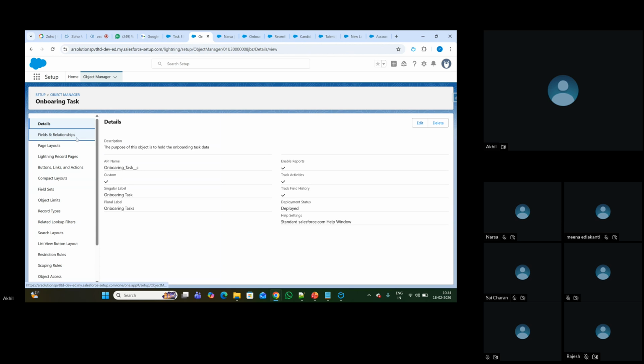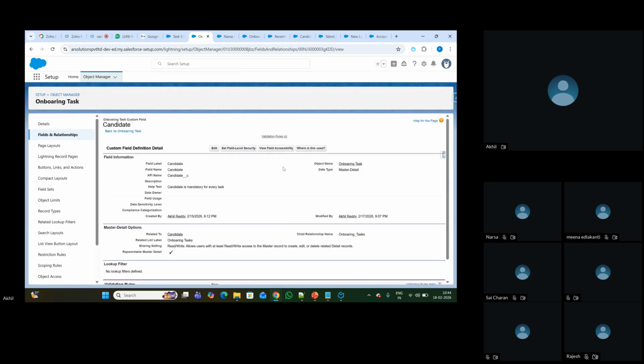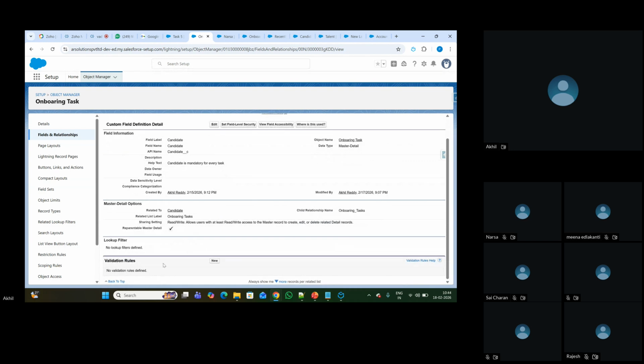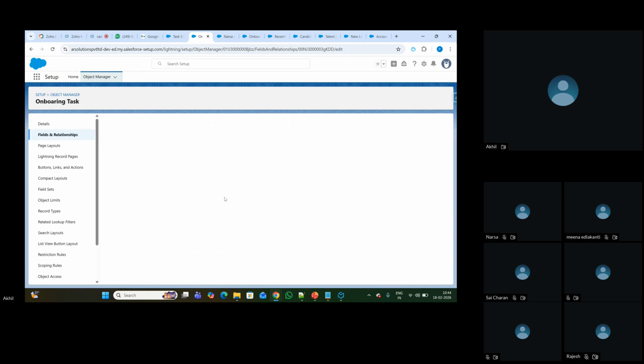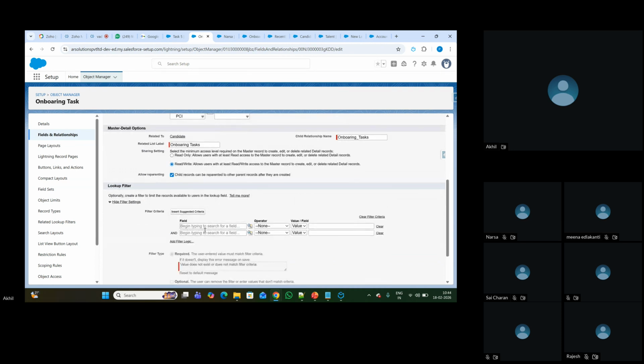We have a field called candidate, and that is related to candidate. So here I wanted to add a filter saying I wanted to see only the active candidates. So in the onboarding task, candidate is active